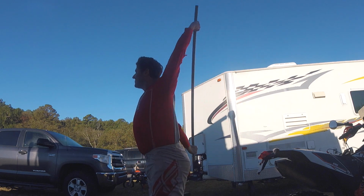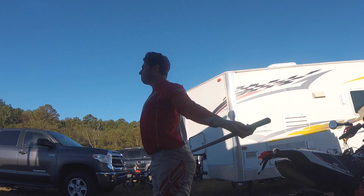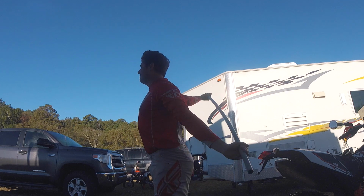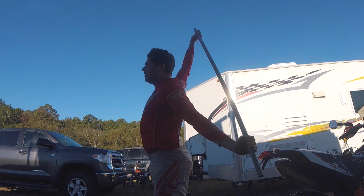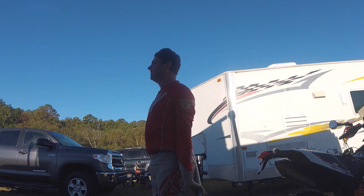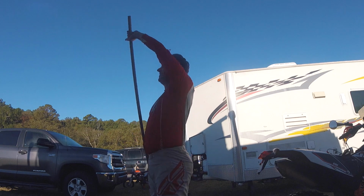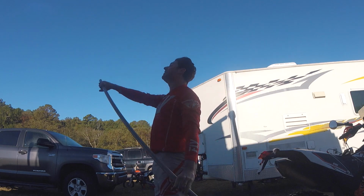So you can kind of see here what I'm doing is what's called Passthroughs. So getting a PVC pipe, getting a broom, anything with a long handle. You want to stretch your arms out kind of where you can fit it into your hip crease and push it back so you can do a windmill. So from the front of your hips to the backs of your hips, whatever is comfortable, and you want to slowly move your arms in as you are,